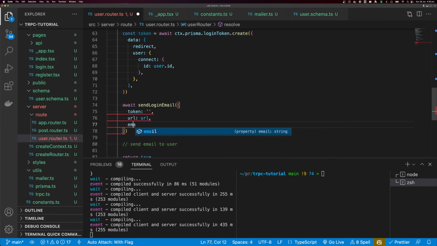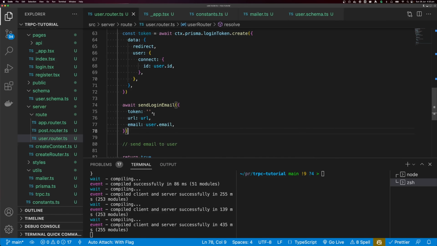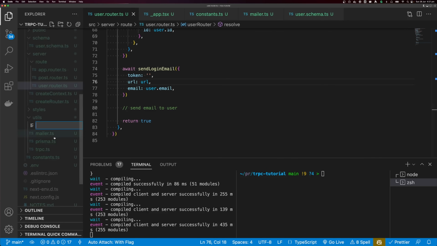And I also need to pass in the email, and the email is going to be user.email. So for our token, I need to pass along the email address, and I need to pass along the ID. I'm going to do this by base64 encoding the two. So inside of utils, I'm going to create a new file, and I'm going to call this file